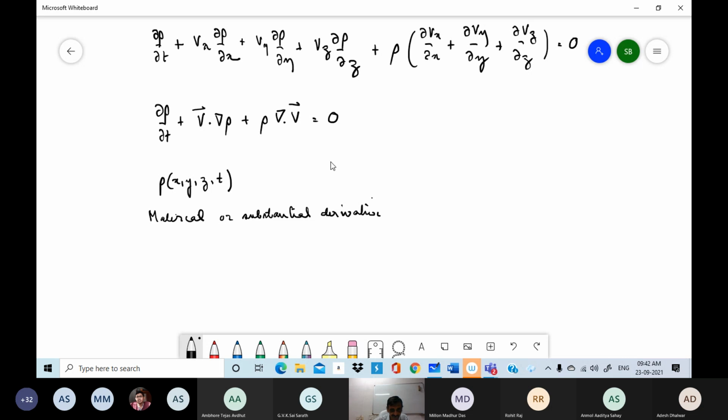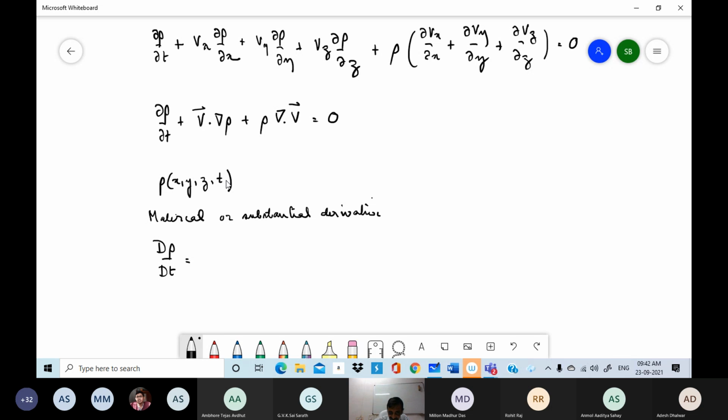To distinguish that derivative from the partial derivative with respect to time, we denote that as d rho by dt, capital D. This is the convention used for material derivative. So then, if I follow the material,